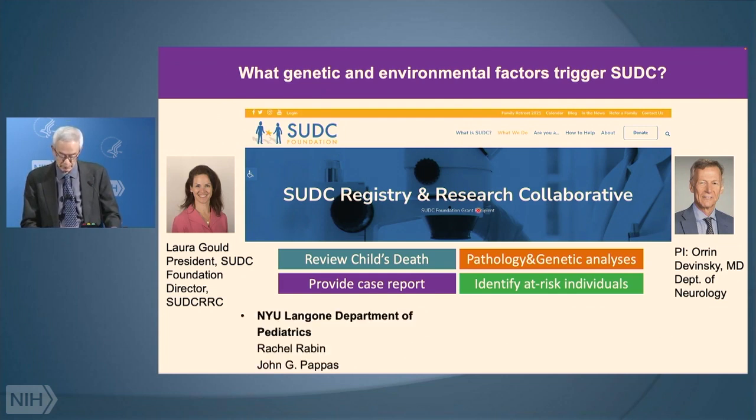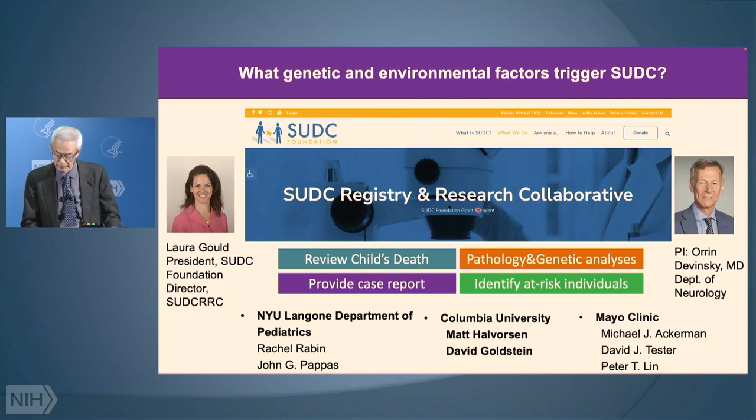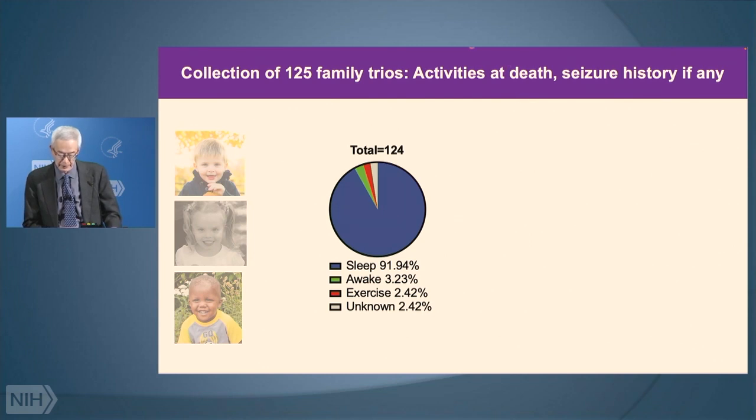And they teamed up with people in pediatrics at Columbia who had a genetic background and people out in the community at the Mayo Clinic who were involved in doing the detective story about figuring out what genetic and environmental factors triggered SUDC. And they collected up to now 130 family trios where there is a deceased child, boy or girl, pretty much 50-50, and 2 parents who were willing, in the wake of the tragedy, to give blood samples, and where their blood samples could be compared with that of the child.